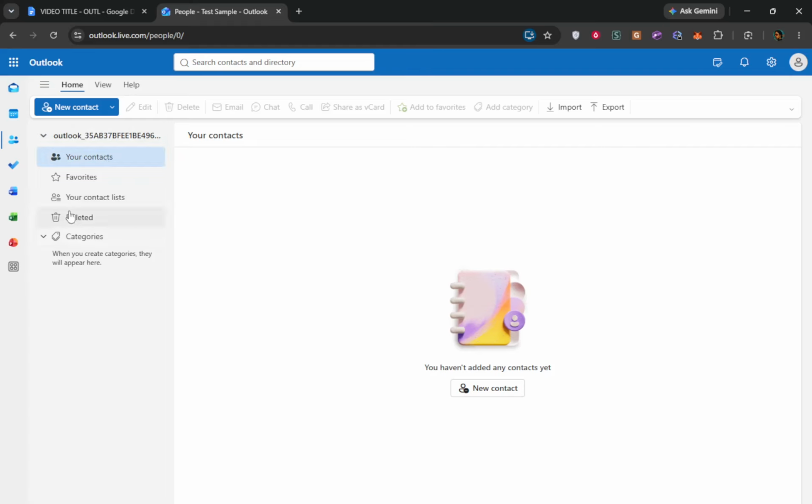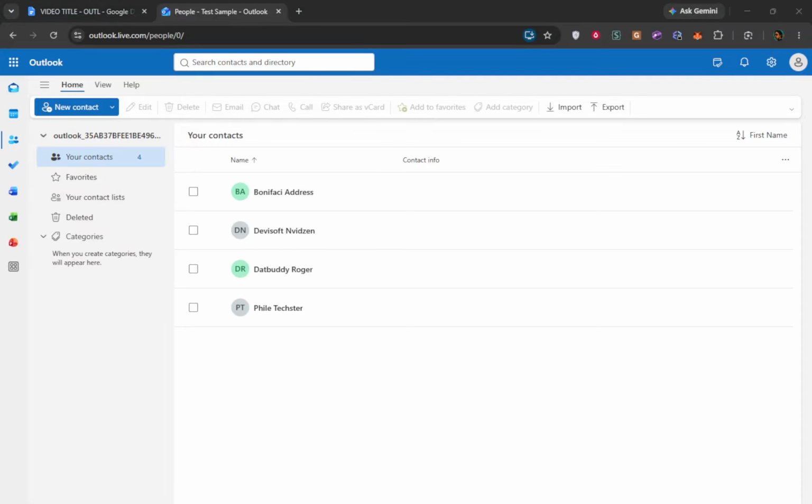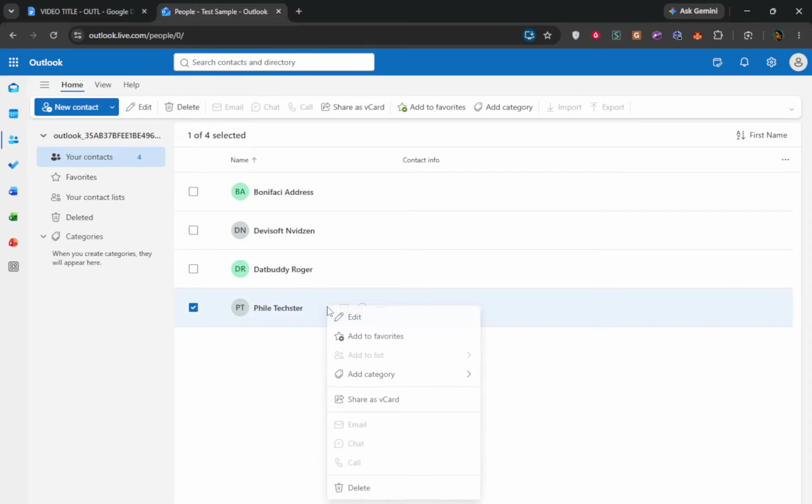Next, select the contact. Click the name once, and you should see a panel open with the contact details. The selected row is usually highlighted so you can be sure you have the right person. With the contact selected, click Delete or right-click the contact and select Delete. A small prompt may appear near the bottom or center of the screen, asking you to confirm before the contact leaves your list. To complete the removal in Outlook on the web, confirm the deletion.